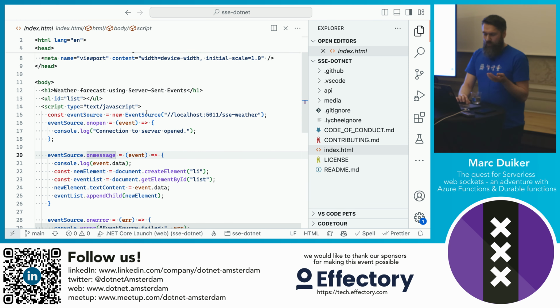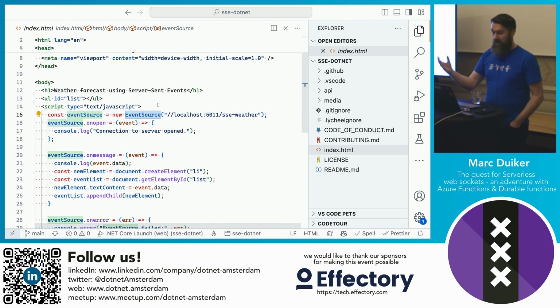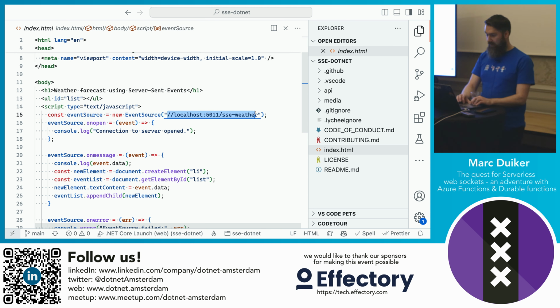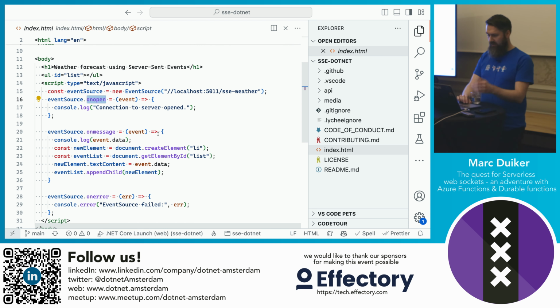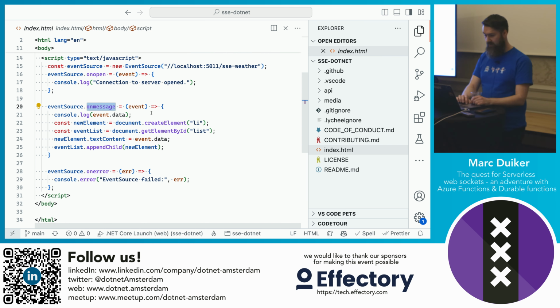So again, it's sort of similar to WebSockets, right? You have this vanilla JavaScript type called EventSource, and that accepts a URL, which should be your endpoint that sends the events. And then you can do similar things to what we saw with WebSockets. There's an onopen event, so you can trigger something when a connection is established, and then there's an onmessage event, exactly the same as WebSockets, which you can use to execute some code when you're receiving messages.